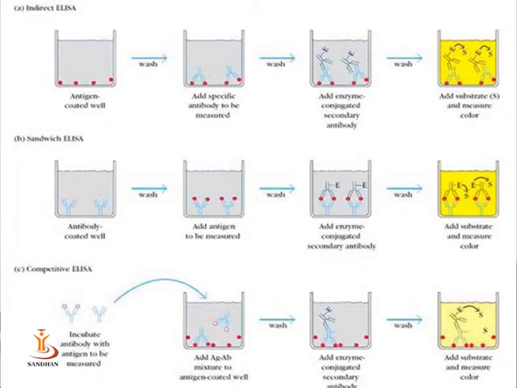This secondary antibody has been conjugated with an enzyme such as horseradish peroxidase, and after incubation and washing to remove any unbound enzyme, substrate is added. The slightest amount of linked or sandwiched antibodies in the well will result in a detectable amount of color when the colorless substrate is converted to a colored product by the conjugated enzyme.